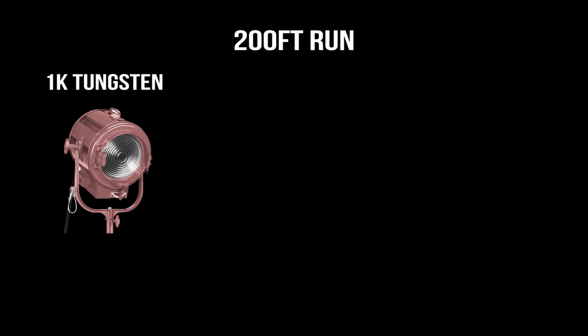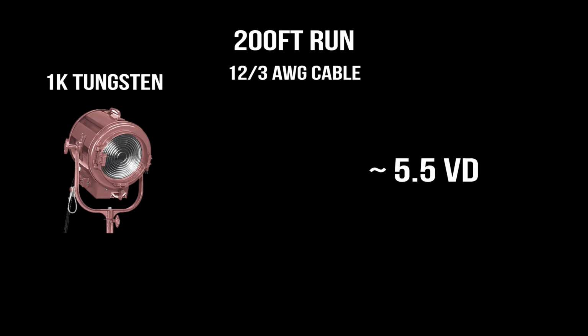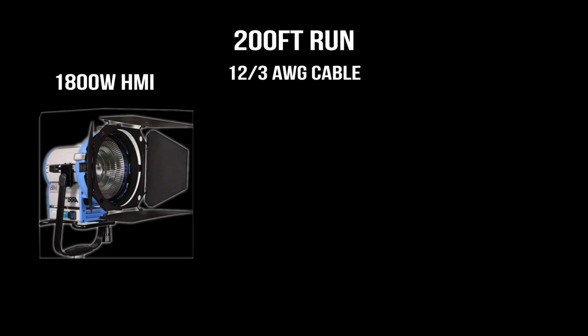The longer the cable run, the more voltage drop. Now remember, 100 feet is technically 200 feet in theory because the electricity has to travel down and back to complete the circuit, but we still calculate based off the actual distance. Voltage drop is also impacted by how many watts or amps you're running on that cable. If you have a 200 foot run with a 1K on the end and you're using 12-3 cable, you'd have around 5.5 voltage drop. If we hooked up an 1800 watt HMI instead, you'd have 9.9 voltage drop, which is